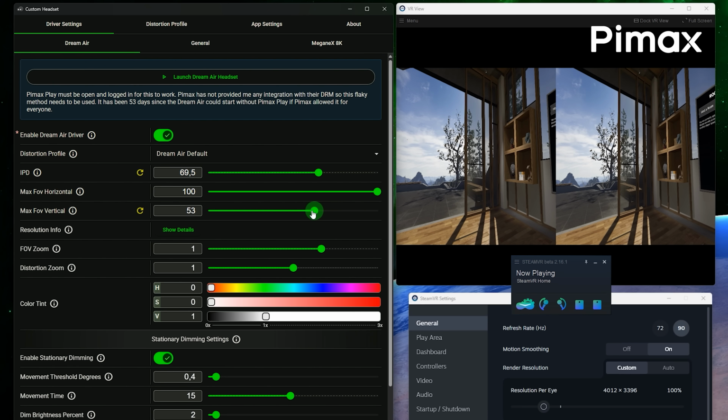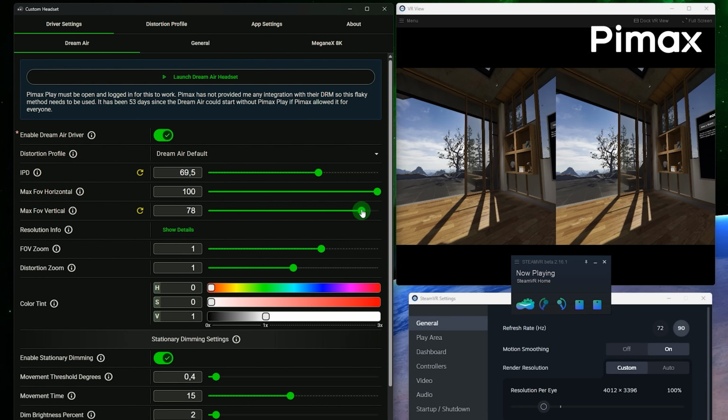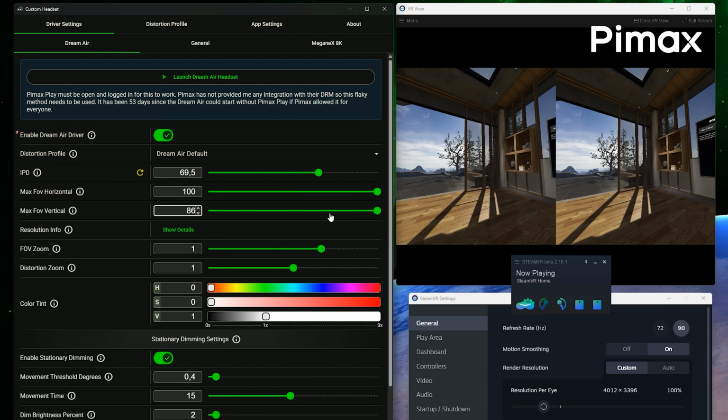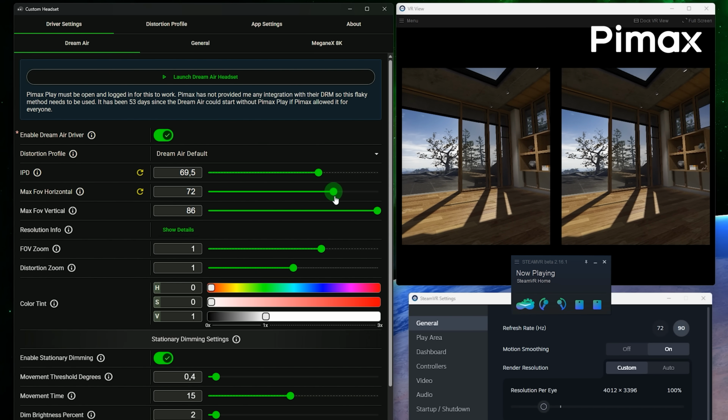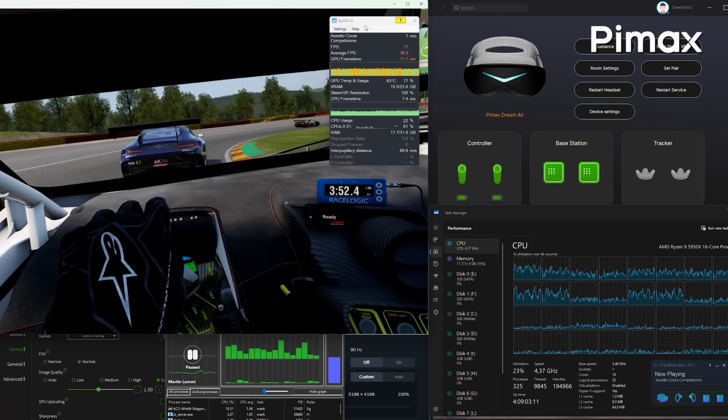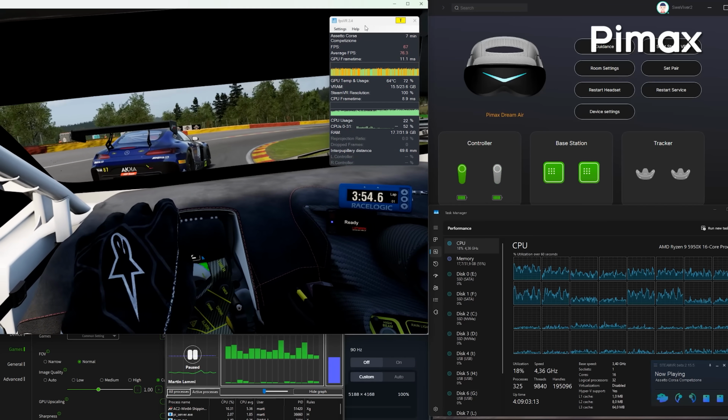Well, that's one of these things. How about adjusting the field of view in real time, both vertically and horizontally, by cropping out parts of the view to gain additional performance? Yep, all you racing sim freaks out there have asked for this for ages, and I think you're all gonna